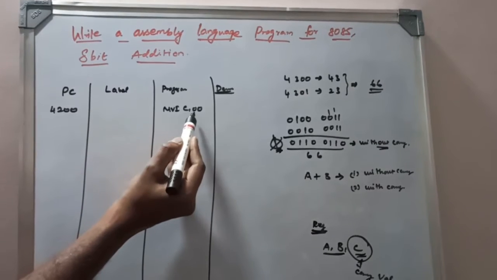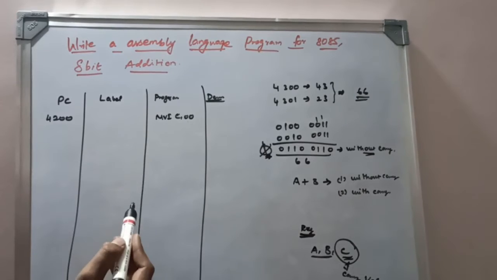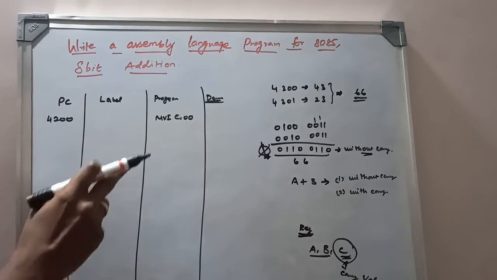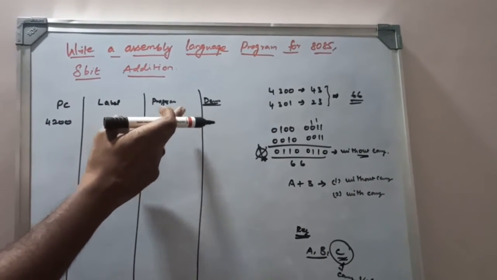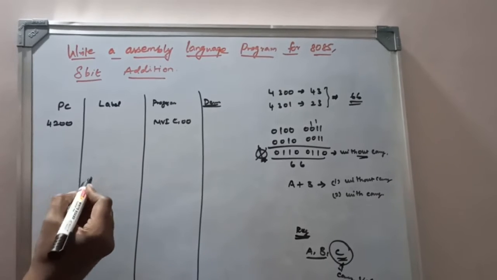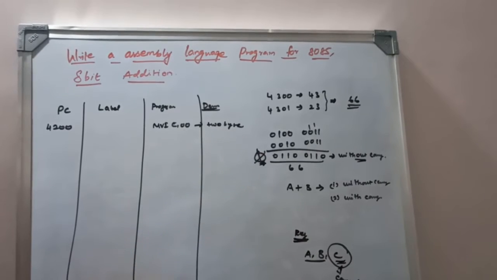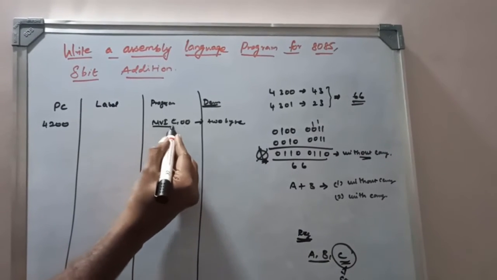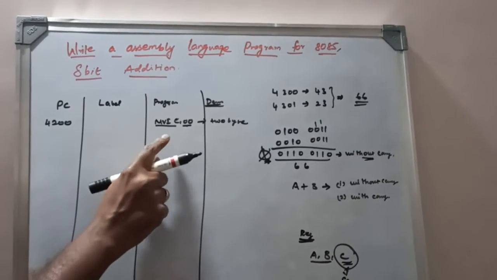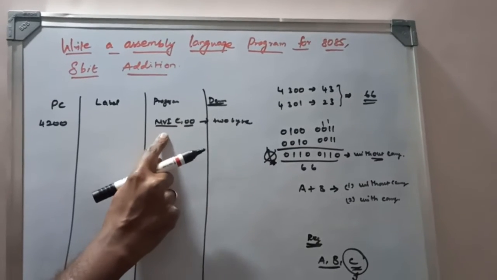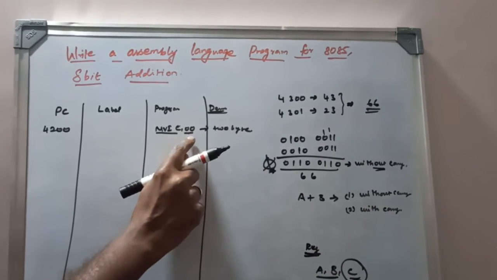Here we pass the immediate value 00, and this value is transferred to C, clearing the C register. Whatever value is present in the C register, after execution of this instruction the 0 value is moved to the C register. It is a 2-byte instruction: a 1-byte opcode, and the operand is the second byte. So two memory locations are required to execute the instruction. The first memory location holds the opcode, and the second holds the operand value.